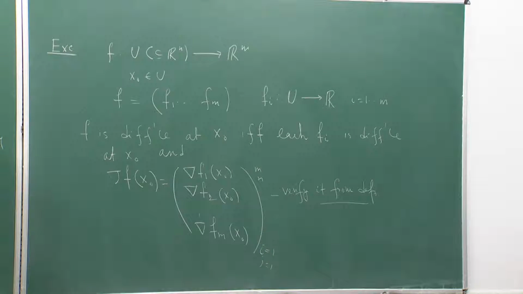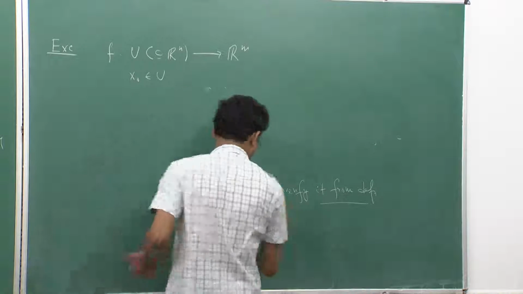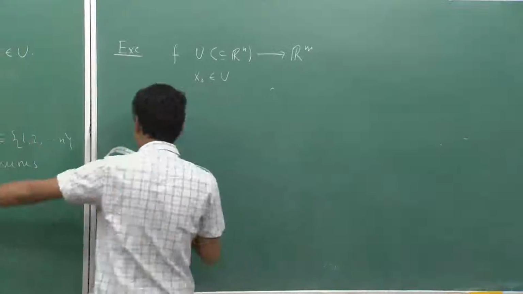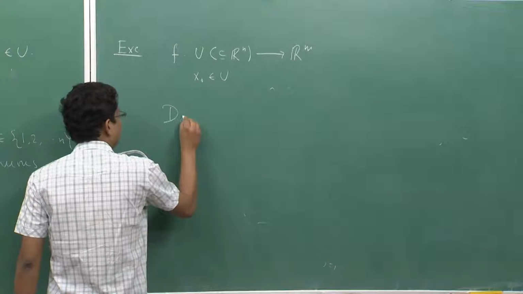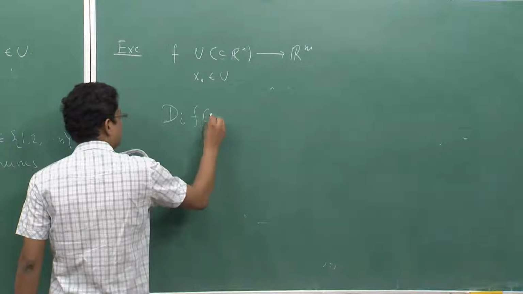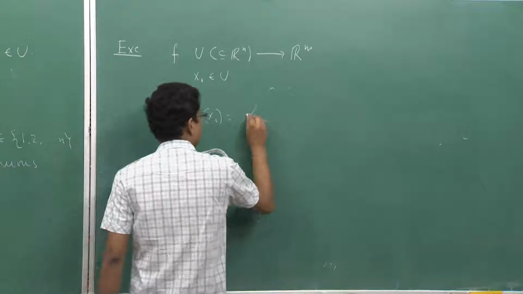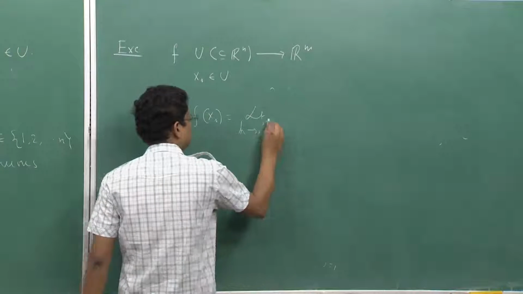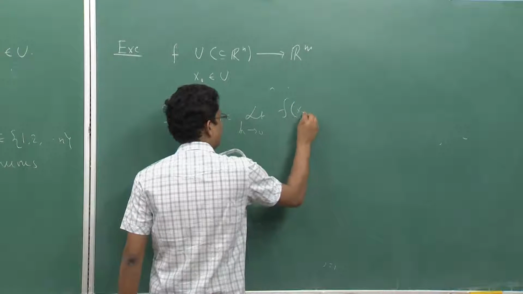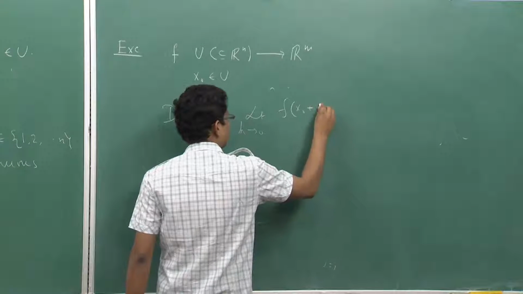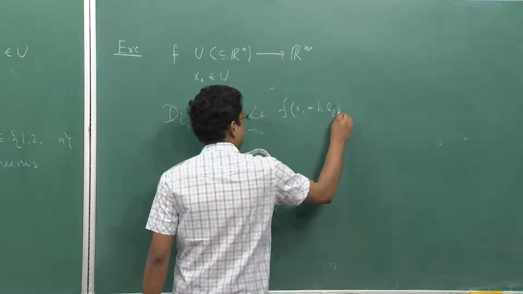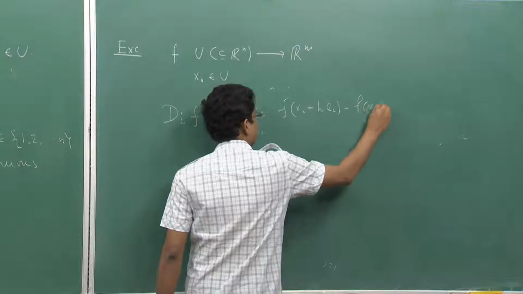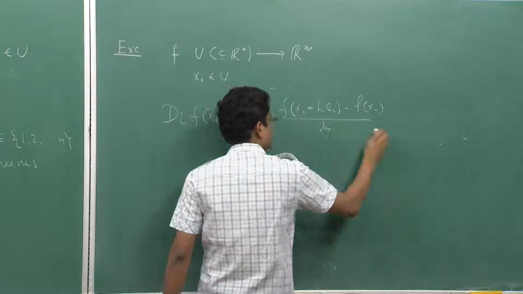Now, what do I first need? What the theorem says is that if I look at d_i f(x naught), which is the limit as h goes to 0 of f(x naught plus h e_i) minus f(x naught), divided by h, this exists